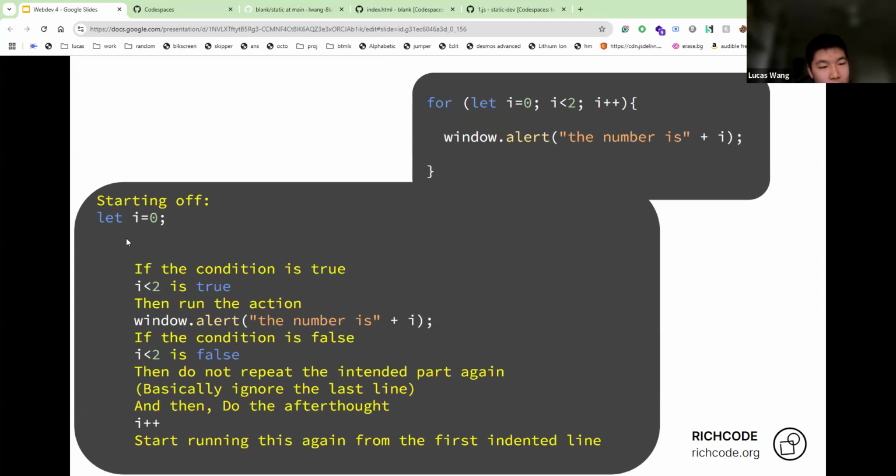Here is exactly how the interpreter will run this. So we have a for loop here, let i equals 0, i is less than 2, i plus plus. Starting off, let i equals 0. So now i is set to 0, i is less than 2 is true. So then we run the action,